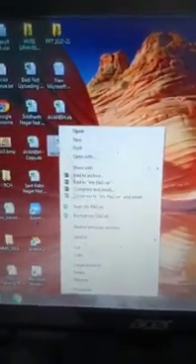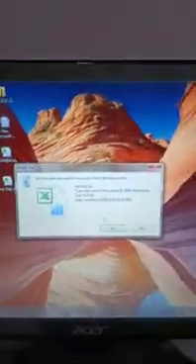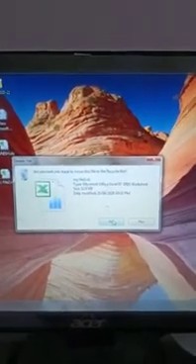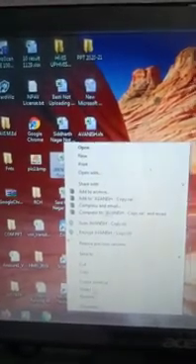Okay, first way. Another way, if you want, then right click on that icon, and there is a delete option. Right click on an icon and select the delete option, then press the yes button in the confirmation box, and the file gets deleted. If you want to delete another file, this way, right click on that and select the delete option, then in the confirmation box you have to select yes. This is the way you can delete a file.